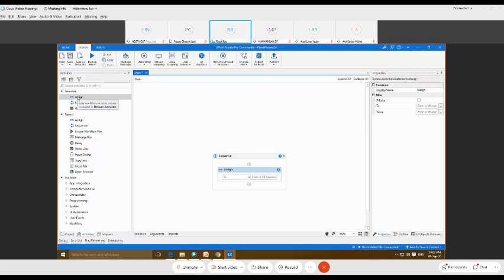So the recording is one such feature in UiPath which basically enables us to capture user actions on the screen and then eventually convert them into sequences. Here we have to pay some attention: it is going to capture the human actions on the screen, whatever we perform using our mouse, like right click, double click. We'll see what kinds of user actions can be recorded using this recording option.